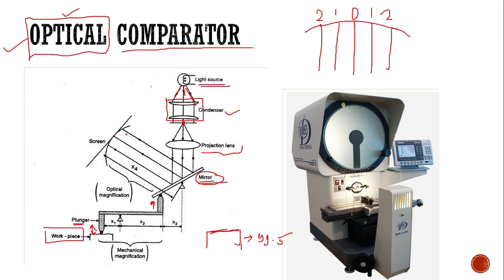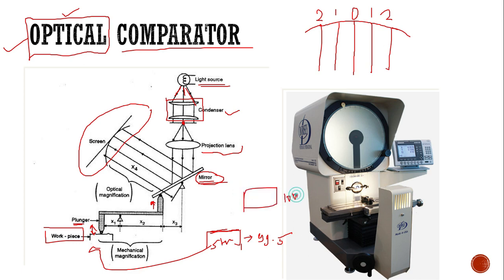These are reference lines, you can consider this case. When the standard is placed, 99.5, first I have to make it 99.5, and these are considered as a reference dimension or reference lines. Now I have replaced this standard with the job or workpiece that needs to be measured or compared, right. So if there is a little movement, if the dimension I have to measure in this workpiece is 100 mm, then there will be upward movement of this plunger,